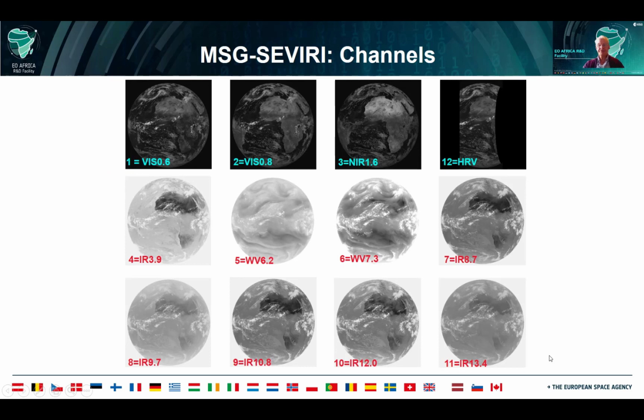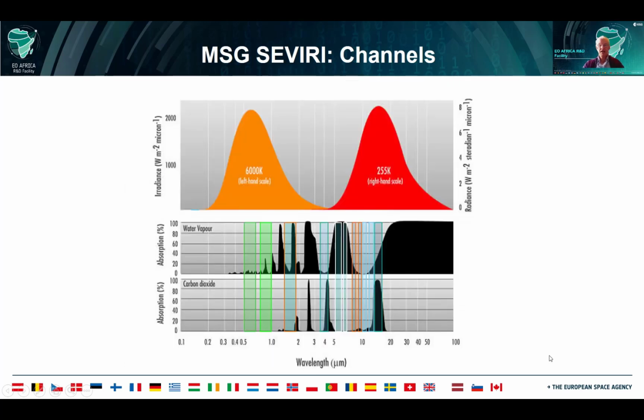We are observing through the visible, the near-infrared, the water vapor channels, and the thermal infrared parts of the electromagnetic spectrum, in conjunction with a panchromatic high-resolution visible 1-kilometer spatial resolution image every 15 minutes. Over that electromagnetic spectrum, you see over here the irradiance and the radiance, as well as the absorption through constituents in the atmosphere like water vapor and carbon dioxide. And the windows